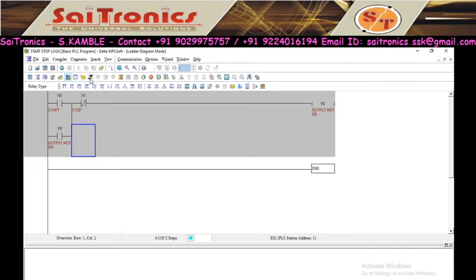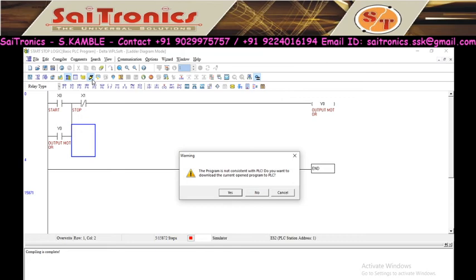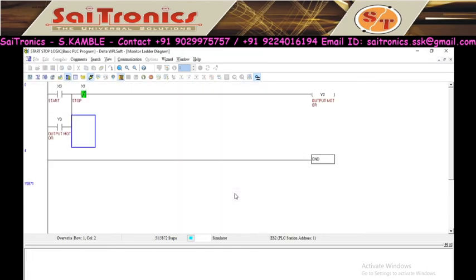So we'll see first simulation and then we'll go for real. So compiler, then simulation, then online. Right now it is stop mode, so we have to play it start mode. Now see, this is closed, these two are open, so circuit will not become complete. So for that either X0 or Y0 should close.